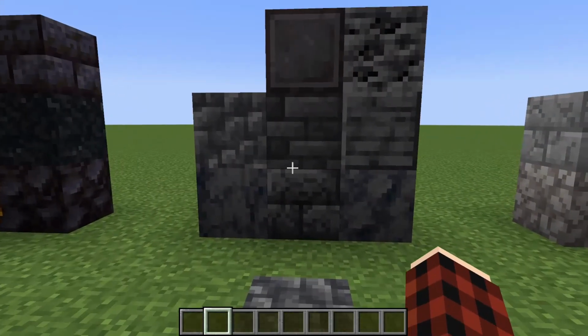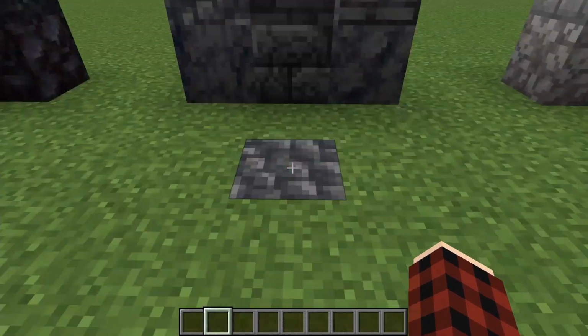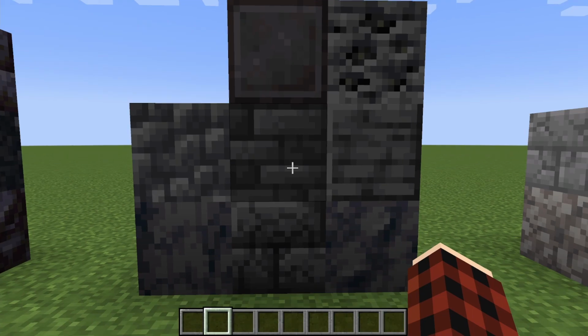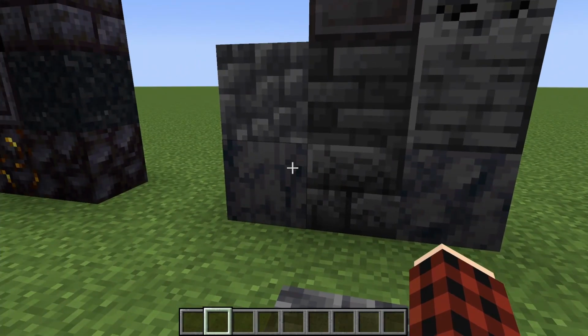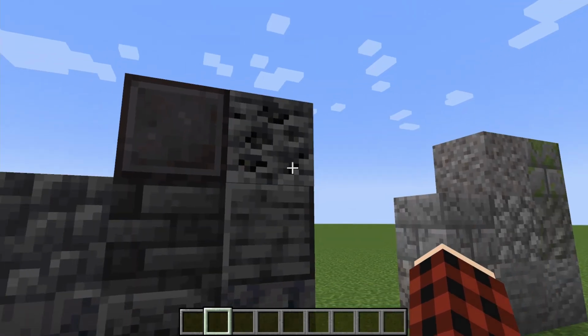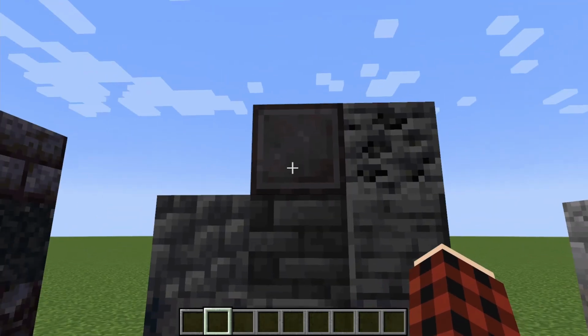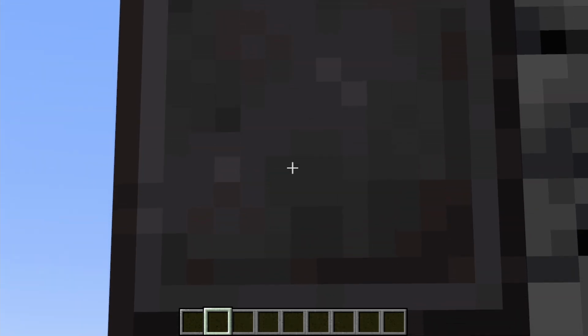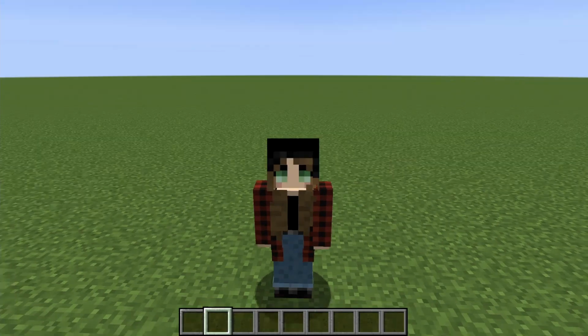Here we have the slightly darker grey blocks, so the deepslate. My current favourite block is this tiled deepslate, and then lots and lots of different grey blocks. I've also used basalt, and the coal ore for deepslate also works very well, and netherite. You know, this is good for if you're in creative. I'm not expecting you to go out